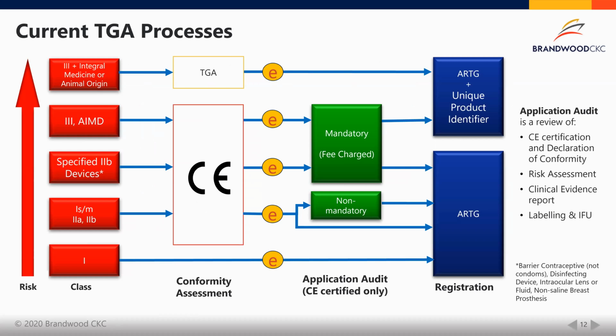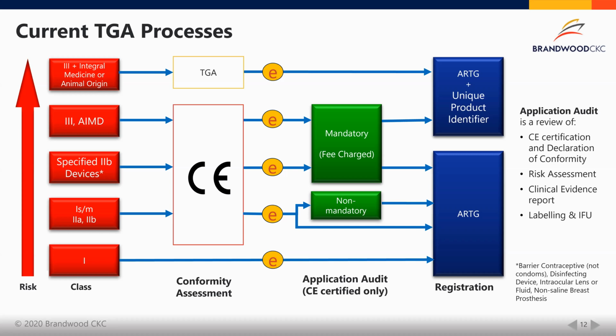Can I just pause there on that? Can you give an example of what a class 1 device might look like, and why it doesn't need to go through some sort of review? Well, it would be the absolute lowest risk. So if we think about, let's use an active example, a cable that literally plugs into the wall and connects to a medical device to provide the power, that may be considered a class 1 medical device. Another example is a reusable surgical instrument such as a scalpel. There's not too much risk associated with that.